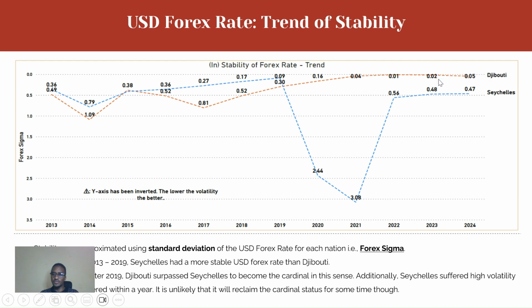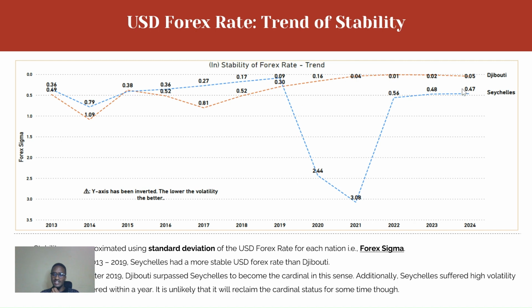Of course, it's kind of started to decline here in terms of stability, but relative to Seychelles, it's doing better. So since 2019, Djibouti became the cardinal. And so, based on this, we could say that Djibouti is a cardinal and then Seychelles is the silent